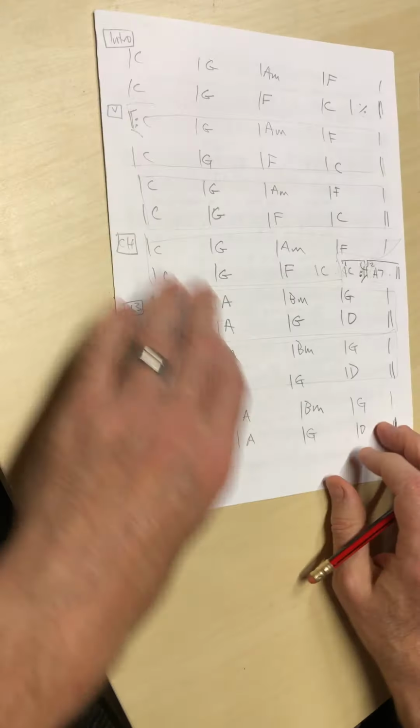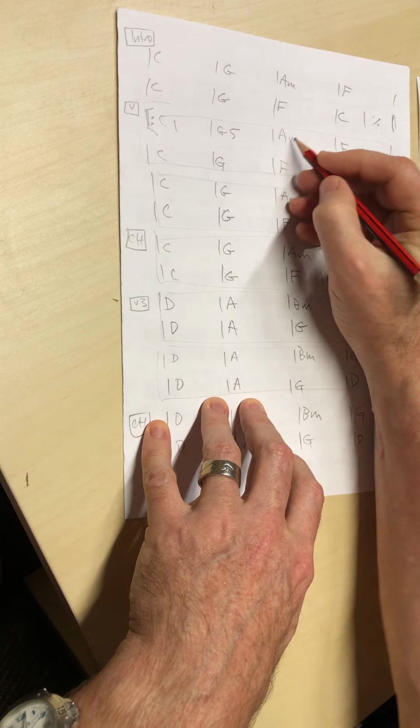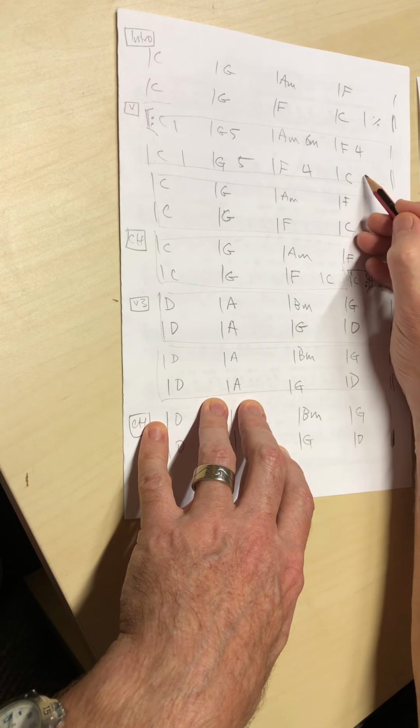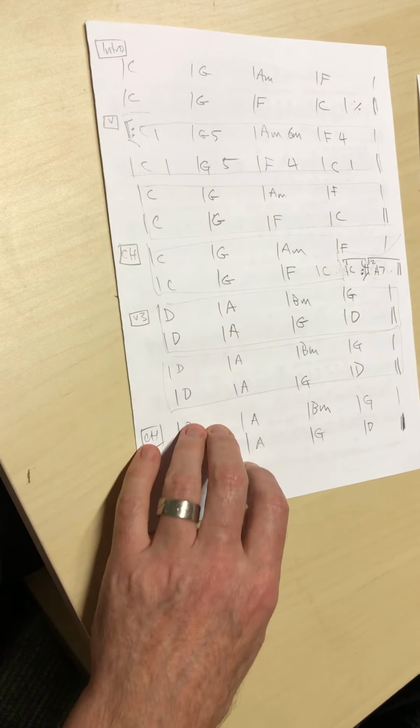So it's helpful to be able to go back to our chart and make some notes. This is the 1, this is the 5, this is the 6 minor, this is the 4. 1, 5, 4, and 1. That's a great way to remember it. You would go through and you could make a chart